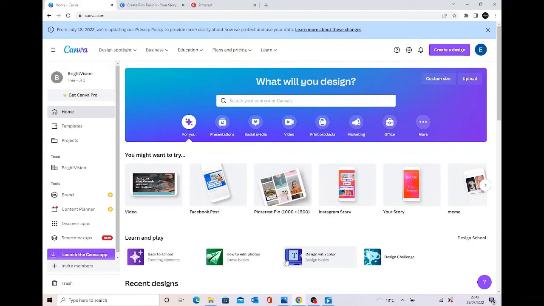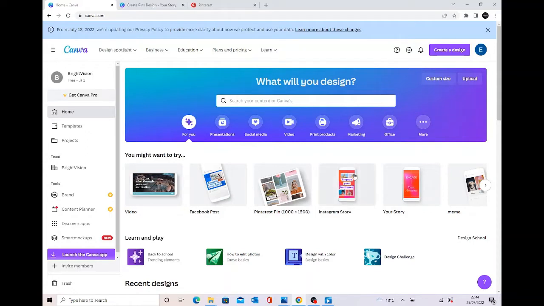So I'm on Canva right now, and with Canva you can do so many different things here. You can create videos, Facebook posts, and Pinterest pins. There's so many things you can create, and you don't necessarily have to get the paid version, the pro version. On Canva there's a whole platform here that you can use for whatever needs you might have in terms of designing. It can be YouTube thumbnails as well, but for the purpose of this video we'll be